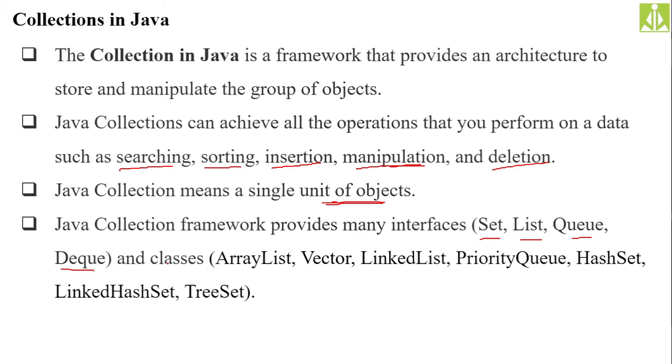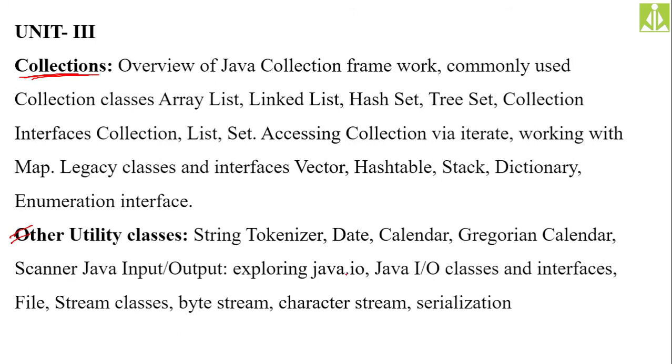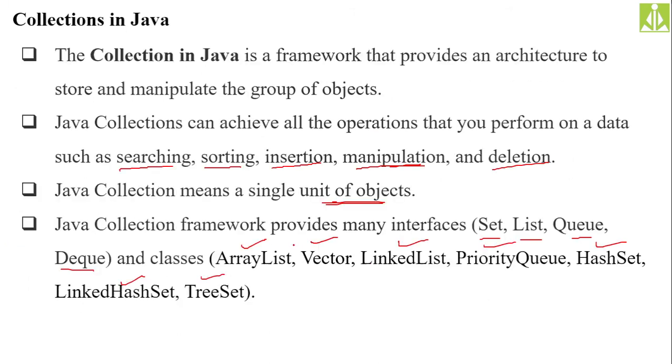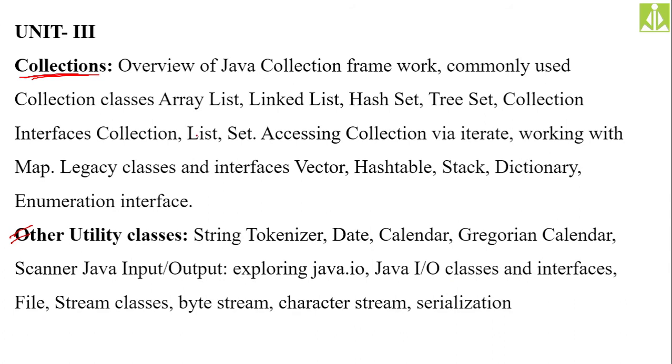Okay. So what type of classes do we have in the collection framework? We have ArrayList, Vector class, LinkedList class, PriorityQueue, Hashtable, LinkedHashSet, and TreeSet. These are some of the examples. And if you see our syllabus, we are not going to discuss all these things, rather we discuss a few of them. Like the collection classes, the overview and the purpose, we will come to know. Then we need to discuss the classes like ArrayList, LinkedList, HashSet, TreeSet.